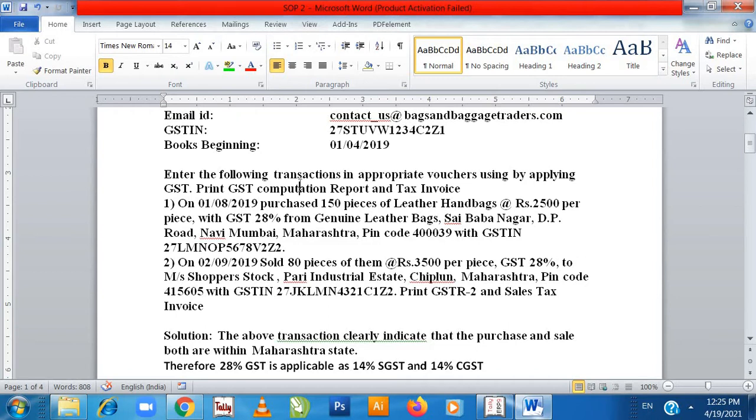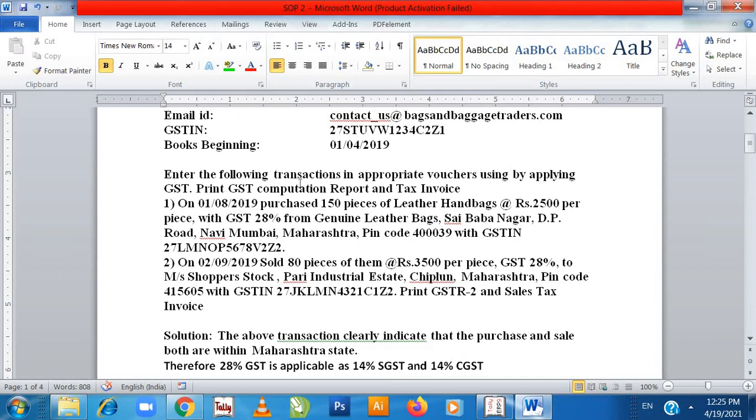Then on 2nd September, the company has sold 80 pieces of them at the rate rupees 3005 per piece, GST 28%, to Messrs. Shopper Stock, Pari Industrial Estate, Chiplun, Maharashtra. So the purchase has been done in Maharashtra and the sale also has been done in Maharashtra. So here GST will be applied.